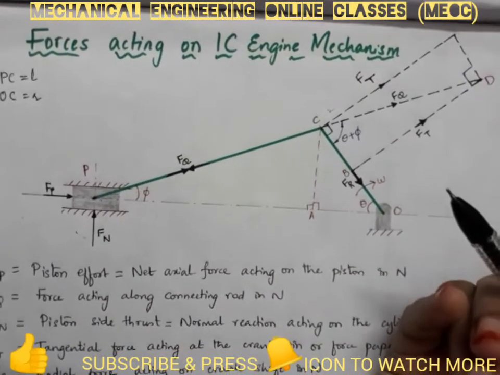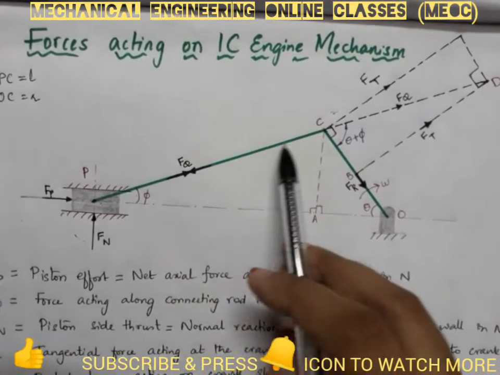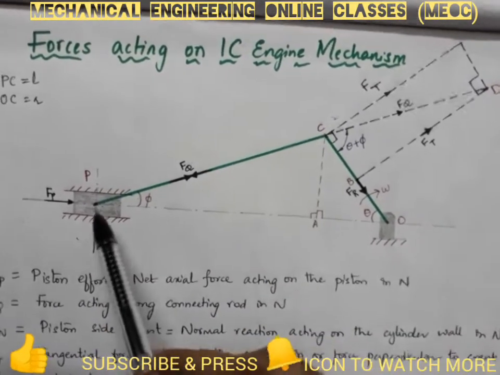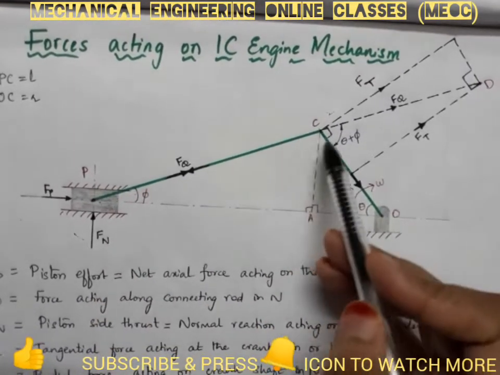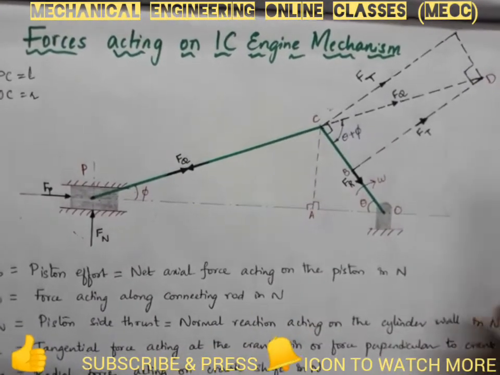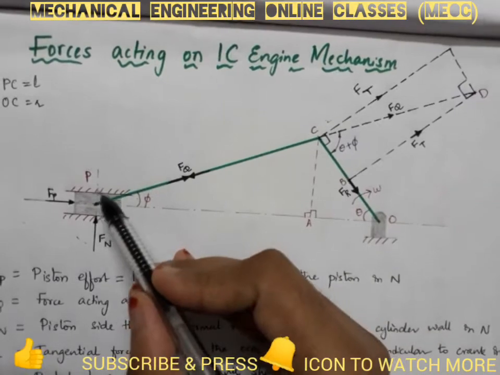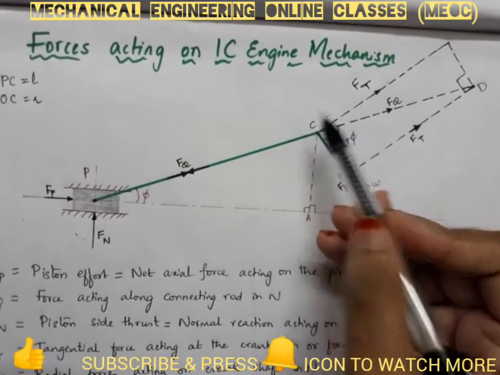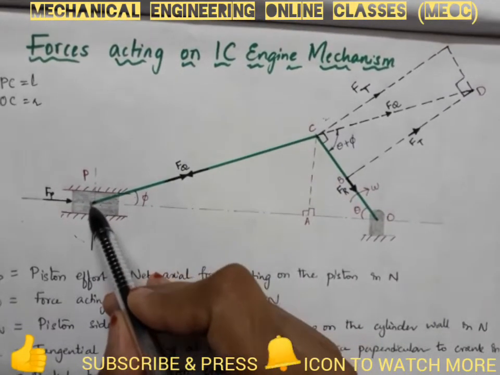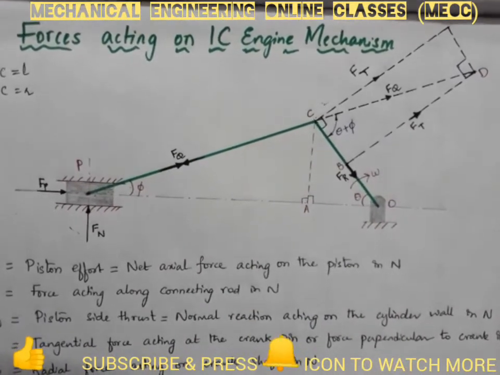it is always easy for us to make the analysis by converting this continuous mass element, the connecting rod, into two equivalent masses, such that the two equivalent masses put together will react in the same fashion as the actual connecting rod. So if we can split this entire mass into two different masses, with one mass taken here and the other mass taken here, then while drawing the FBD of the piston or the FBD of C or O, we will not have any extra calculations to be done.